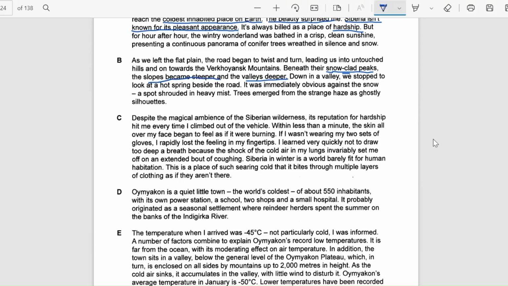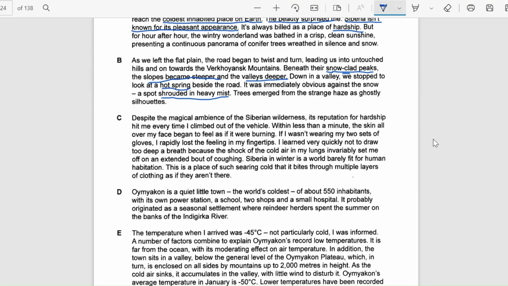the slopes became steeper, valleys deeper, and there was a hot spring. Now, in such a cold environment, seeing a hot spring is slightly shocking. And then it was immediately obvious, because it was shrouded in heavy mist. Because against the snow, obviously, if there are vapors coming up, and then trees emerge from a strange haze as ghostly silhouettes. Okay, so